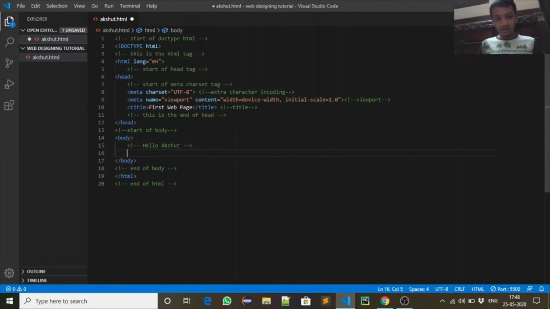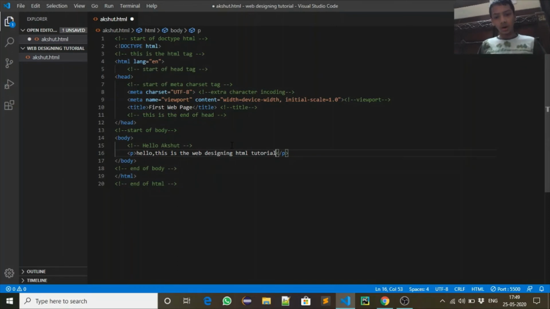So here is one tag, P. This P tag is for paragraph. So if we write hello, this is the web designing HTML tutorial, this will be a paragraph, and the P paragraph tag is also an inline element.